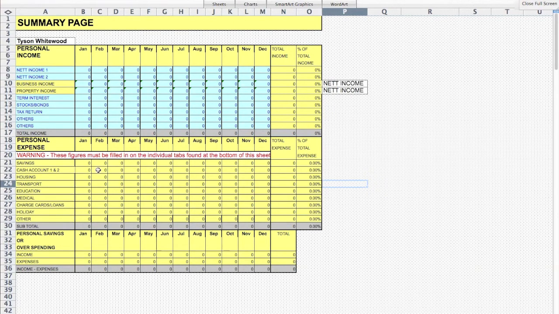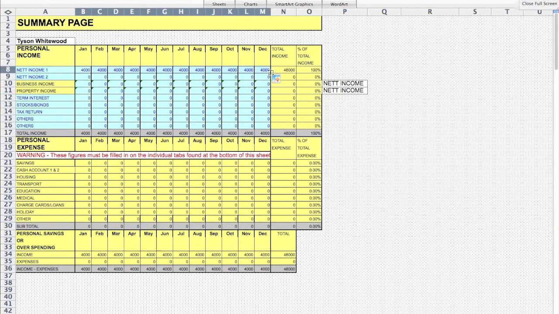So the first thing is, if you are an employee and have a net income, so your tax is already taken out by your job, you would then place your details in here. So let's say, for example, you make $4,000 per month. Okay. Now I'm going to just drag it right across here. Now, if you don't know how I actually did that, I'll start again, because this is the net income for, it might be yourself or your spouse. And then you can even have your spouse here. So let's just say that this is my income and this is my spouse's income,